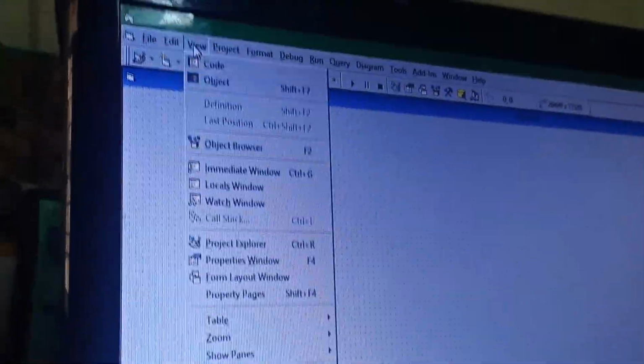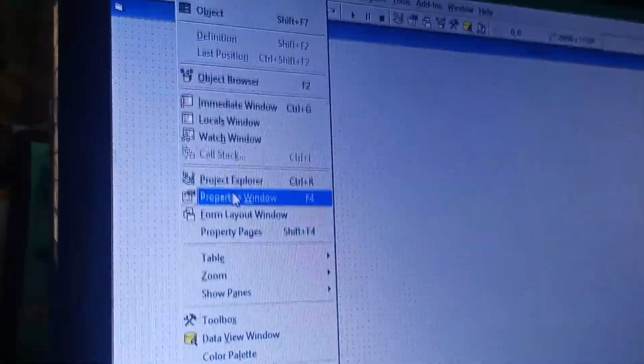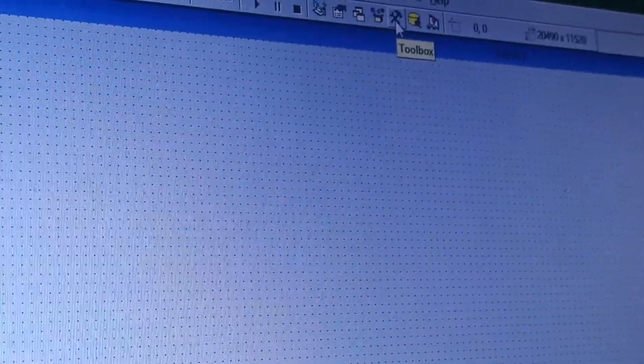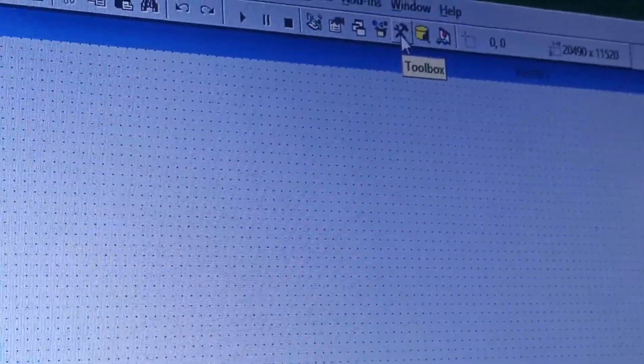You can go to view, and if you go down, you can see the option of toolbox. There is another option: you can see this is also the icon of toolbox. When I click this, the toolbox will come here.